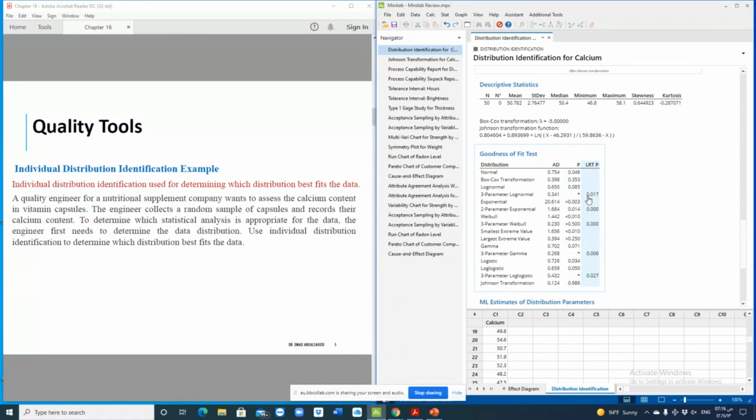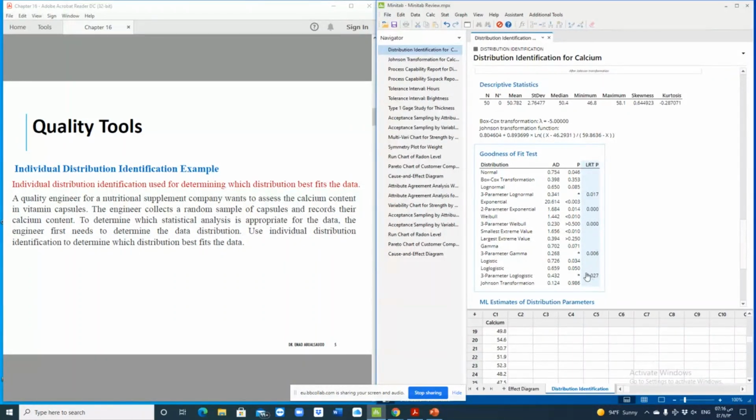If the p-value is less than 0.05, then it suggests that if we add another parameter, that will give a good improvement to the data fit. So if it is less than 0.05, as we see here, in all these cases it is less than 0.05. But now you have